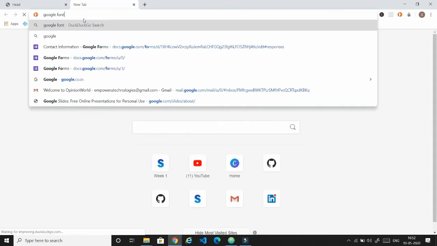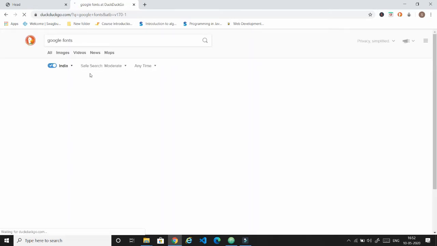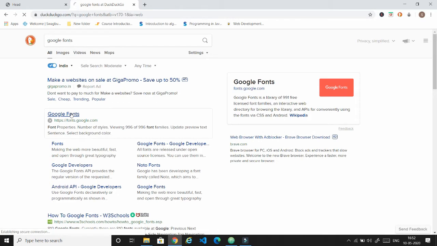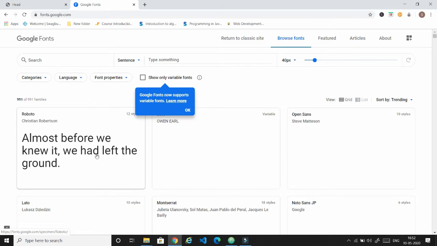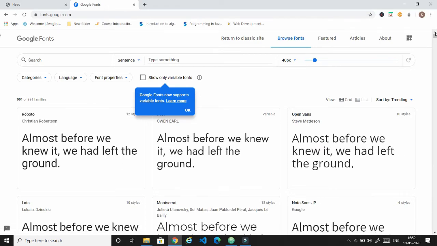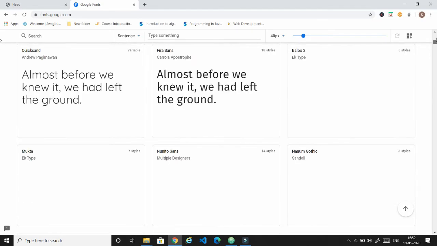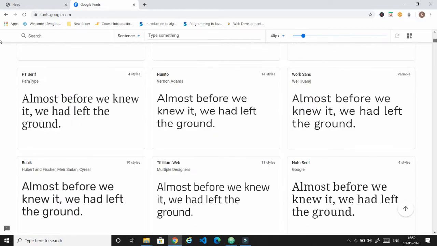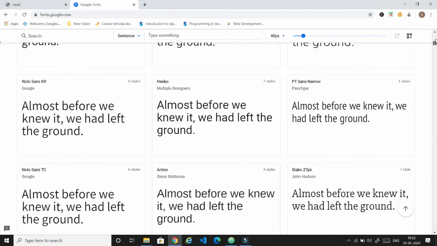Just type Google Fonts and go to the Google Fonts website. You will get all the font types and styles of fonts, which you can take and use in your project.